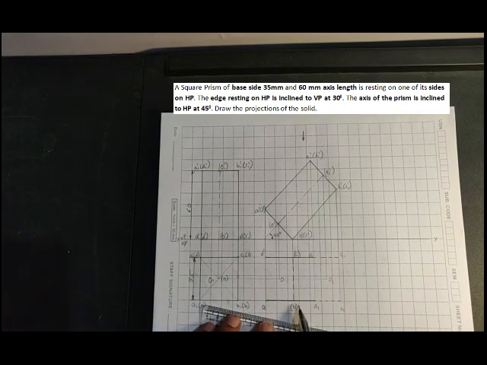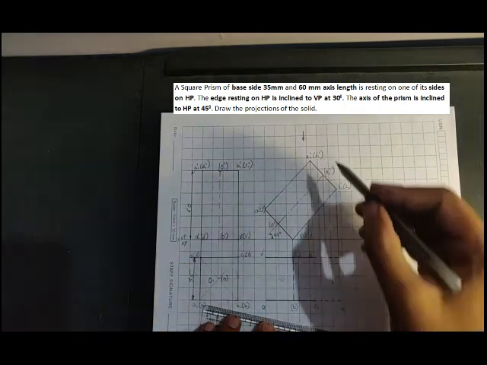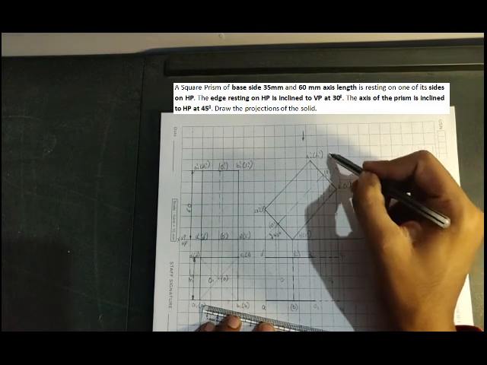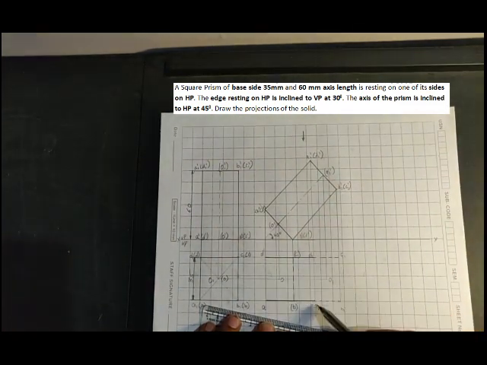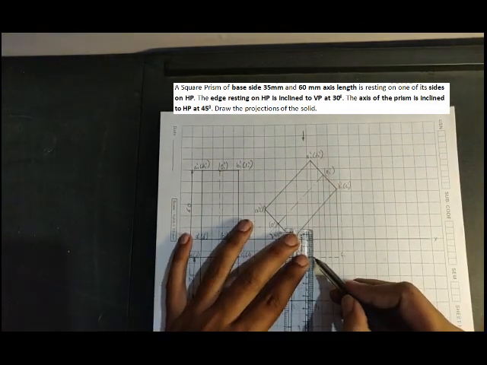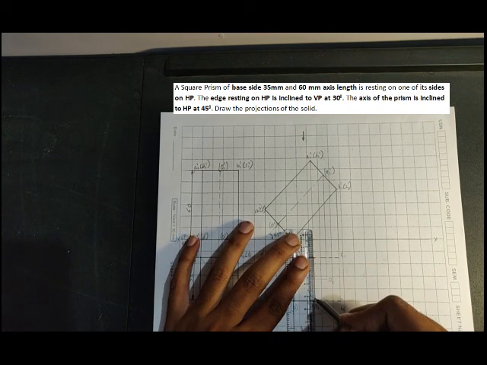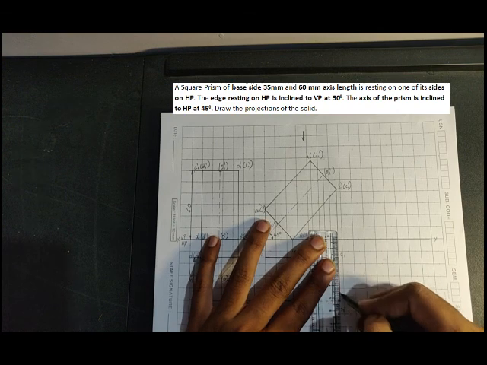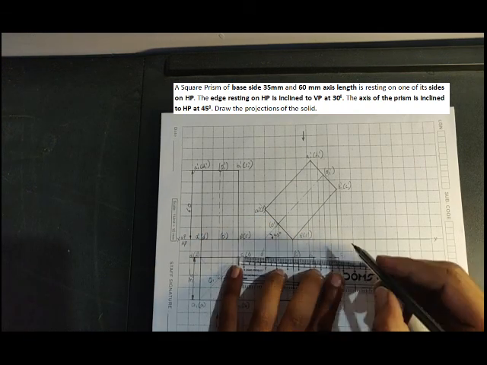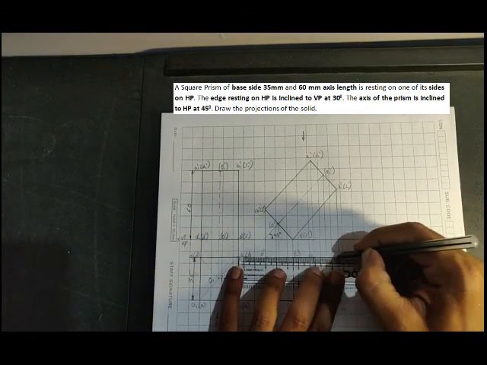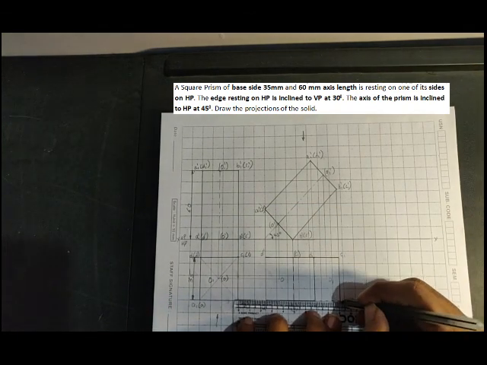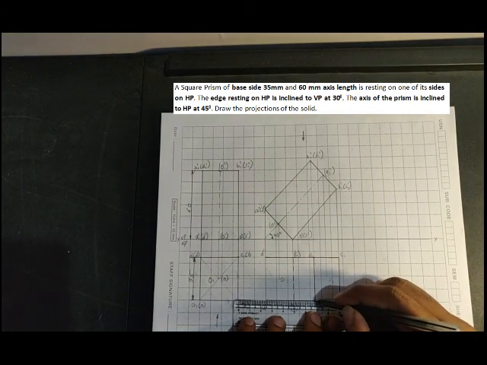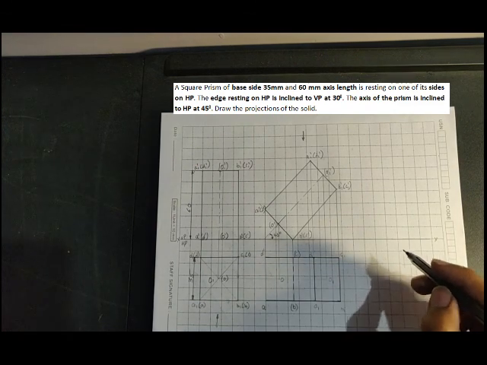Now this A1 to B1, let me see from the top. This top surface is completely visible for me. So I'll make this top surface completely visible. So what I do is I draw this top surface completely visible. So let me finish one by one. So instead you can start from the top surface itself. So since the top surface is visible, I'm going to draw top surface visible. See, there is a hidden line which is overlapped by a visible line, that's all. That is what I have done, correct?